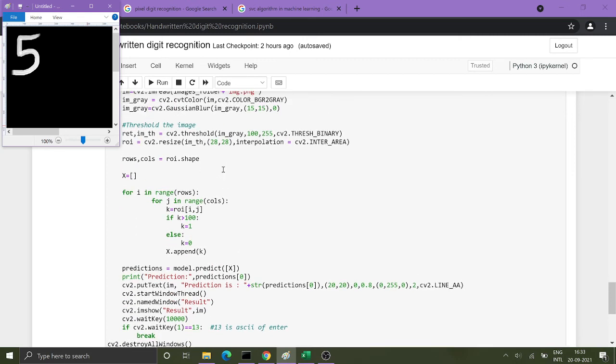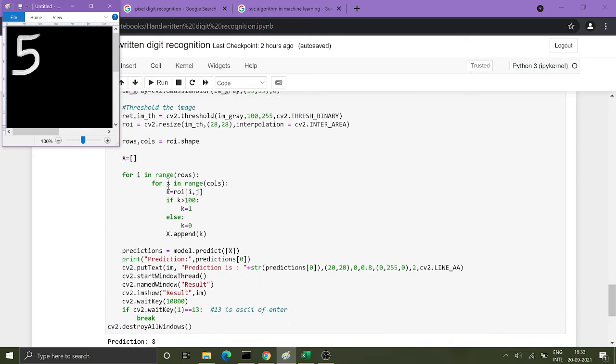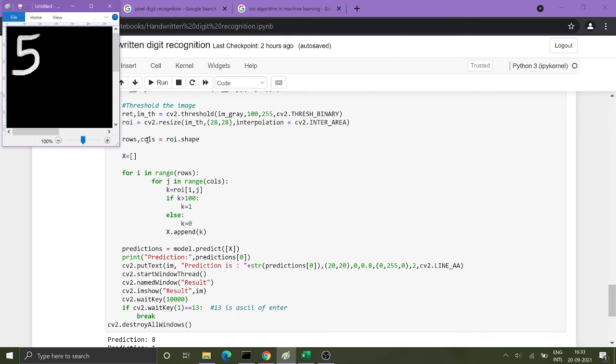Then thresholding of that image and resizing it, as we have decided that our image should be 28 by 28 pixels. Then we take the shape and split it into rows and columns of that image, and then X is taken again.